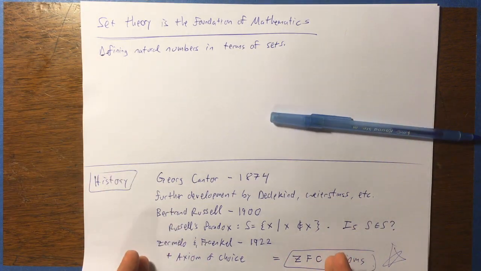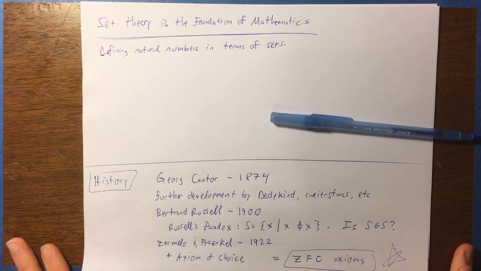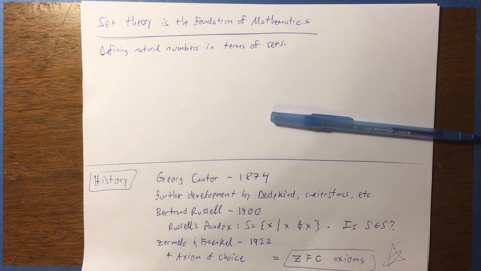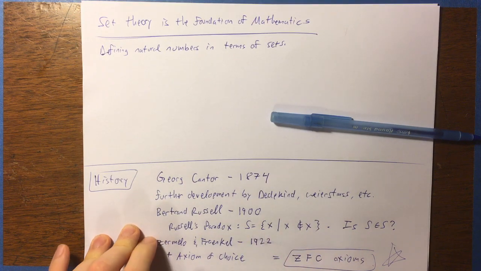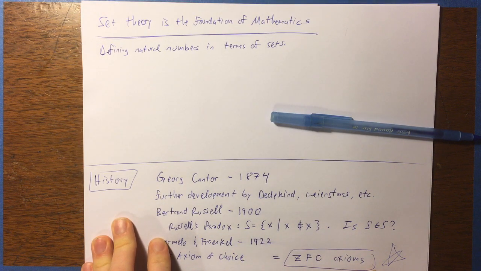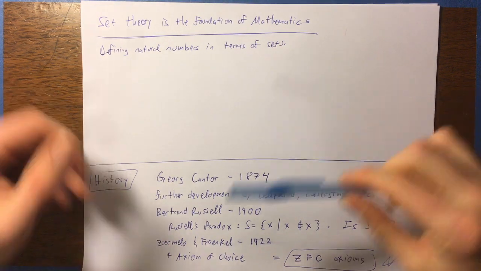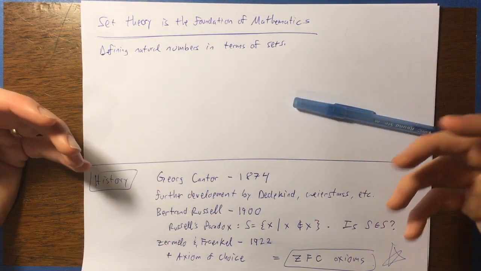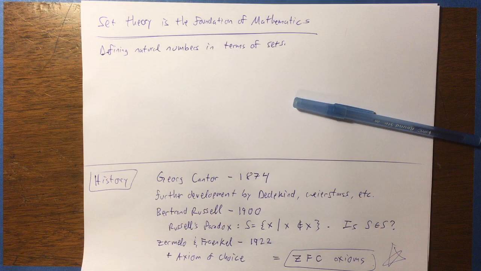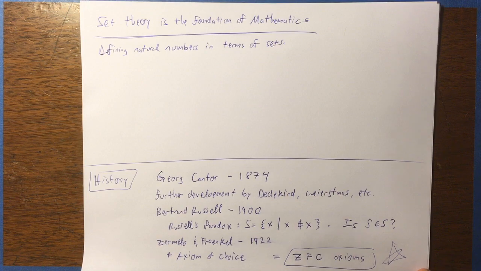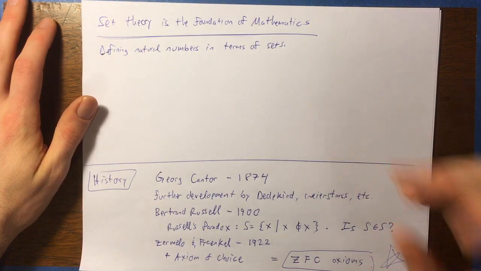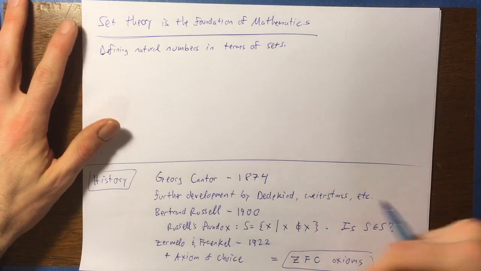So there was this period of 20 years in the early 1900s where mathematicians were freaked out because they thought everything they had done was a lie. But then somebody fixed it, and they figured out a way to justify everything more rigorously, and they patched up the problem with the paradox. And created what still remain the fundamental axioms of mathematics. Potentially, there's more than one set of axioms that can serve as the fundamental axioms, but this is the most commonly accepted one that we have in mathematics. So I'm not going to go over those axioms; they're pretty complicated, and you have to really take a whole class in this to understand that stuff.